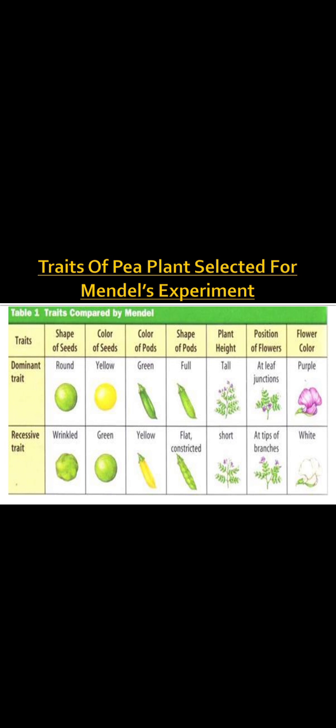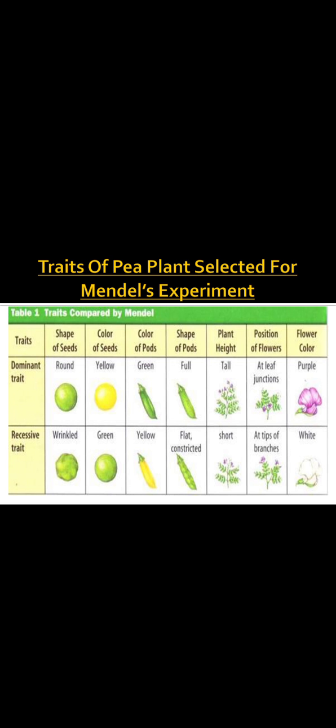Okay, so flower will be at the tip of the branches. Next is flower color. See, variety of colors can be seen. So two colors can be seen. Dominant color is purple. Recessive trait, color is a character here, that is why I am telling recessive color, recessive trait. So the recessive trait for flower color is white color.